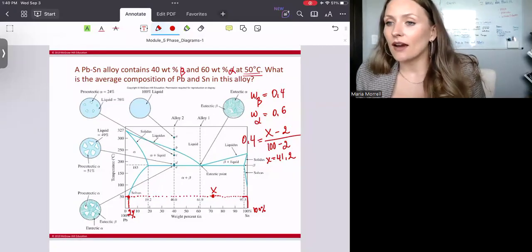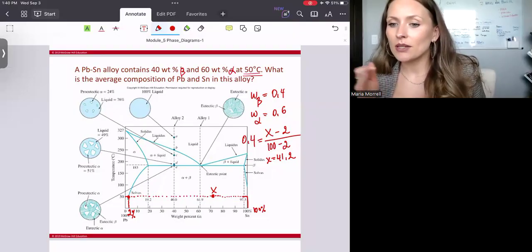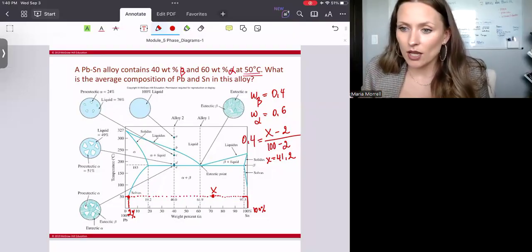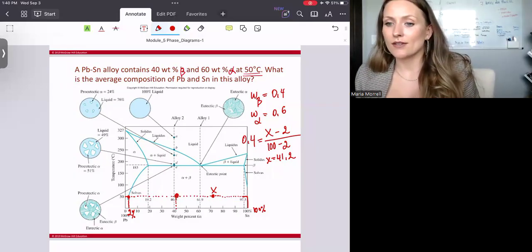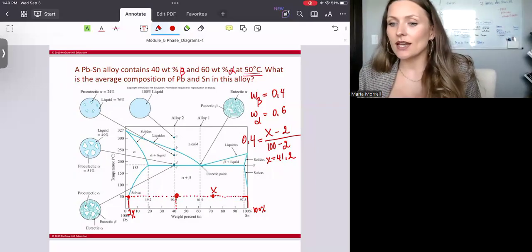So technically, the average composition, your x, is going to be that, because this is what I'm using. It actually puts me at 41.2 right here. This is where my real x is. But before I proceed with this answer,